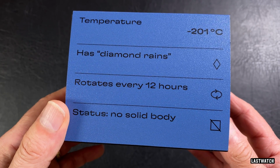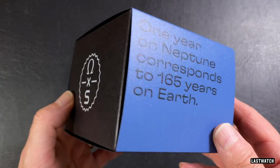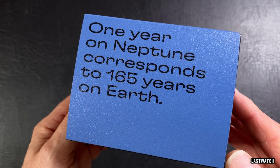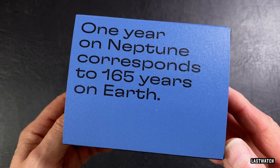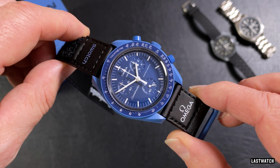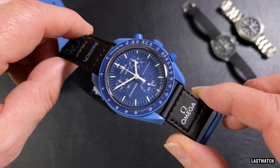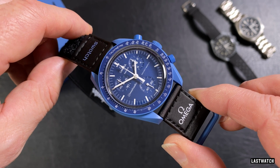makes it pretty inhospitable. The days are short at only 12 hours, but one Neptune year, that is the time it takes to orbit the sun, is equivalent to 165 years on Earth, so this battery-powered quartz won't see you through a Neptune week. Although at 2.7 billion miles from Earth, I suspect the battery will be long dead before